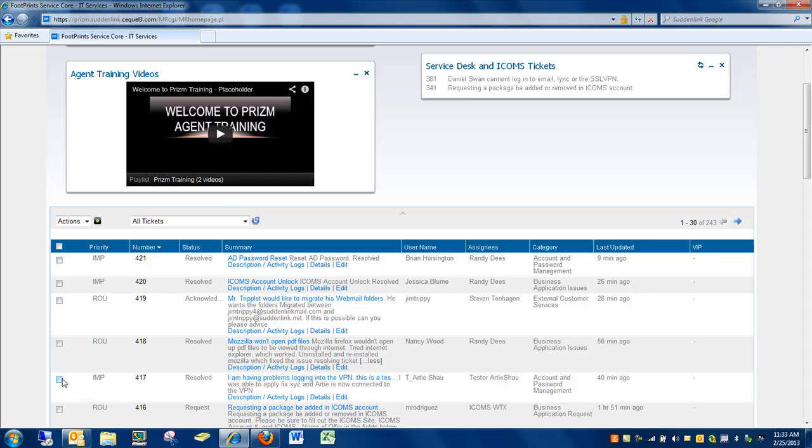There is actually a much faster way. This is the production system, so I'm only going to include the one ticket that I know I'm using for test purposes, but if I wanted to select more than one, for example, I could go ahead and change all these tickets, take all of those if I wanted to. But let's say I want to take some tickets, I can select them, go ahead and select taking, hit the green button for go,